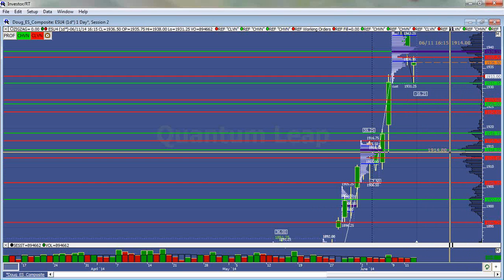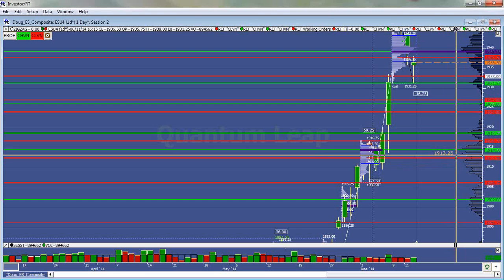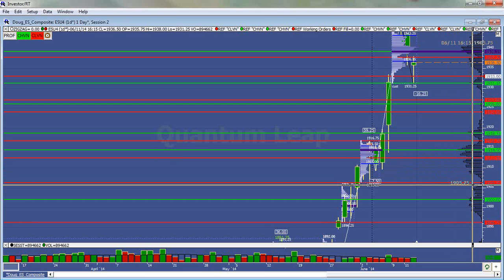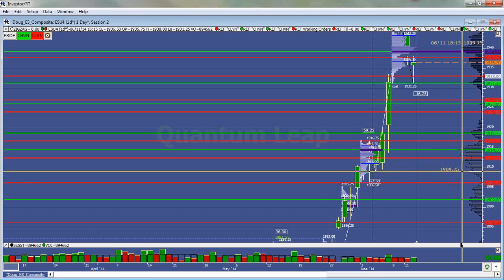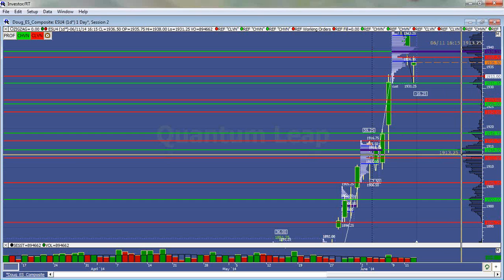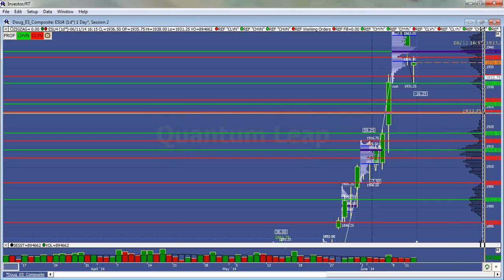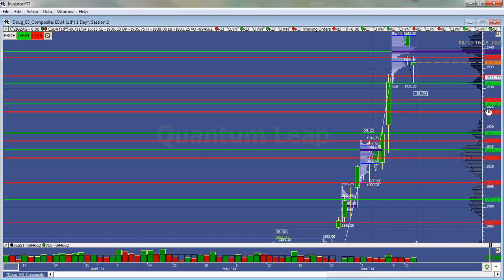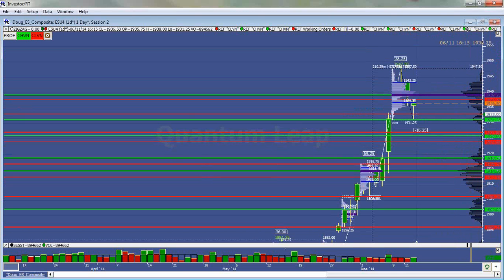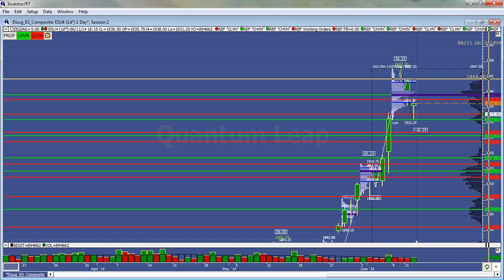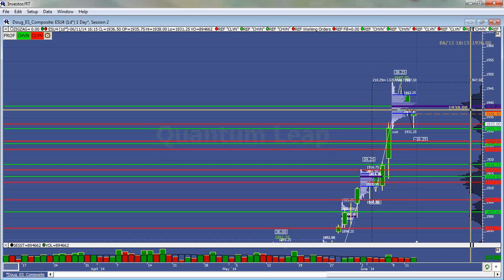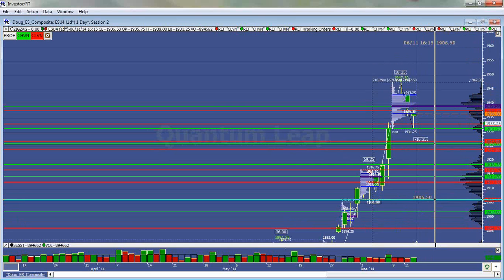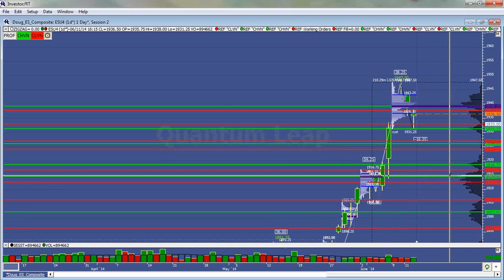When we get back here, I expect them to try to hold it here as we chop around, probably come down and test this 1906, but I don't think we're going to get right through here. I think we're going to come down here, get a dead cat bounce, and come back up and finish the repair that we need to do here, try to suck some more longs in before we get a bigger retracement. And if we do get back up into this upper distribution, then we're going to see a move into new all-time highs, and I think if we hold above this 1906 level and then bounce again,